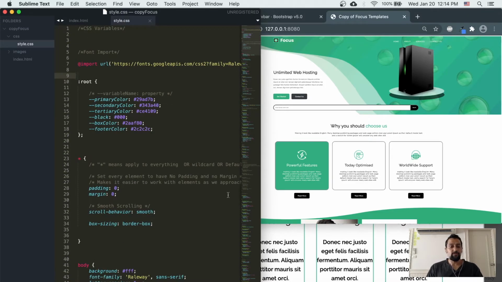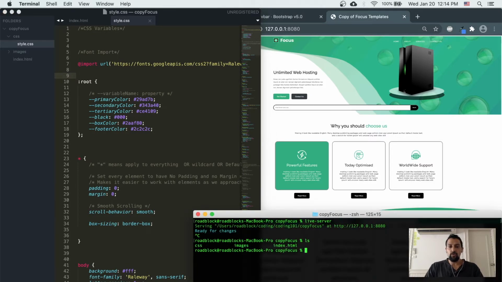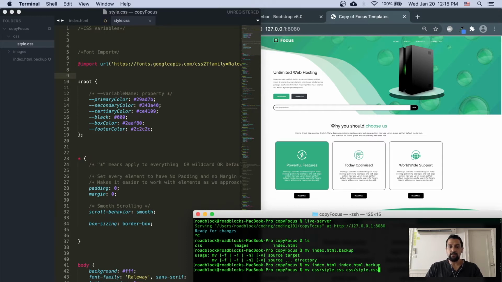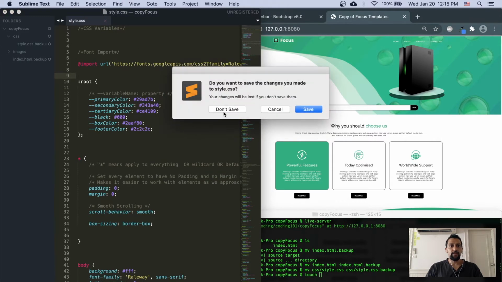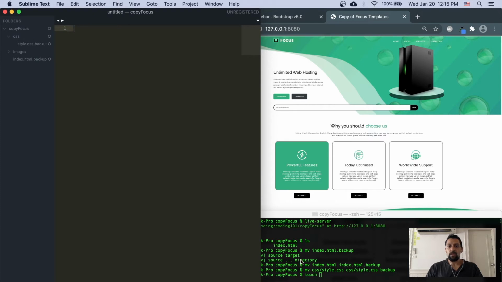So I'm going to change up this whole entire thing and actually get rid of it and move it over. So right now, move index.html to index.html.backup. And I will move my CSS style sheet to CSS.backup. So both of these files are no longer there, ทั้งสองไฟล์ไม่มีลบกันแต่